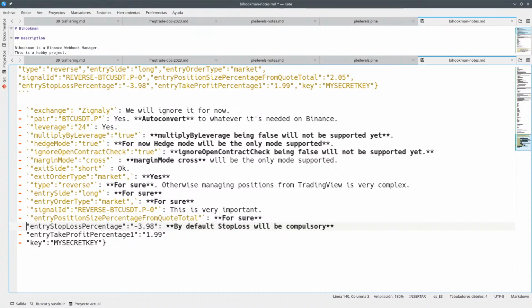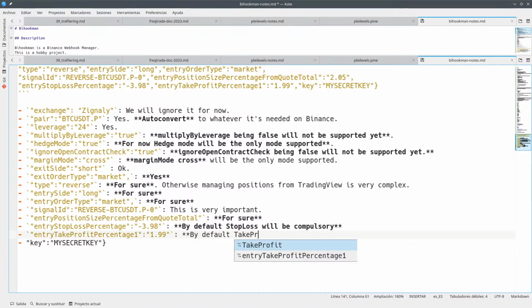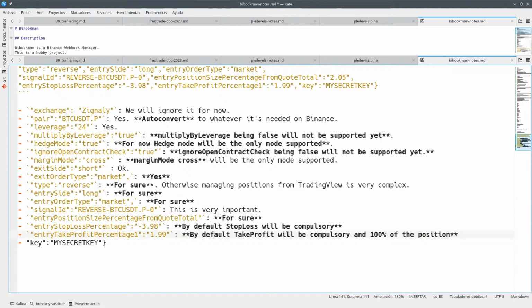I mean, I'm not going to implement anything without stop loss, because that's why I sent everything. And this is the same thing, which is by default take profit will be compulsory, and 100% of the position. Okay,